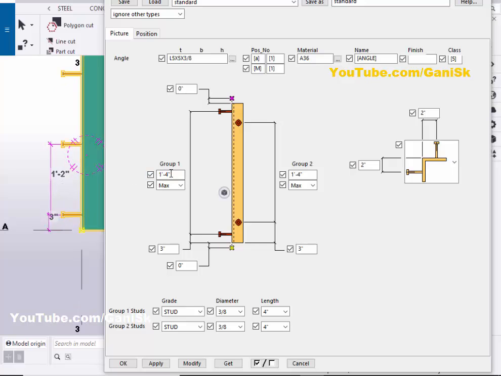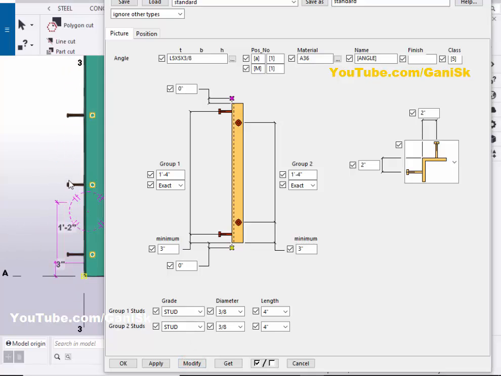You can see we have entered here 1 feet 4 inch. We have selected here maximum spacing. So the spacing between these two studs is equal or less than 1 feet 2 inch for this option. If you select here exact spacing, then click on modify on both sides. Take the maximum spacing here, exact spacing, then click on modify. You can see now the spacing between the two studs should be 1 feet 4 inch,